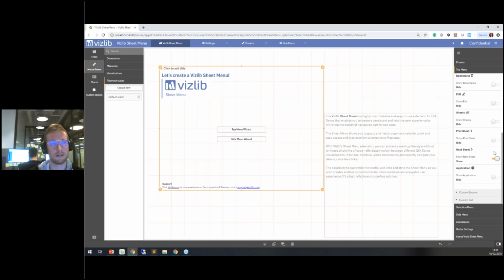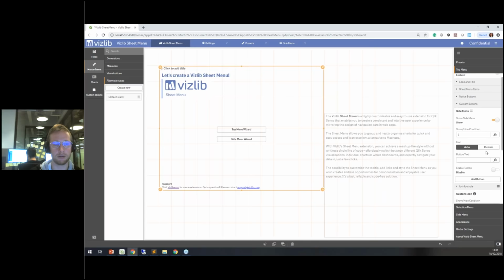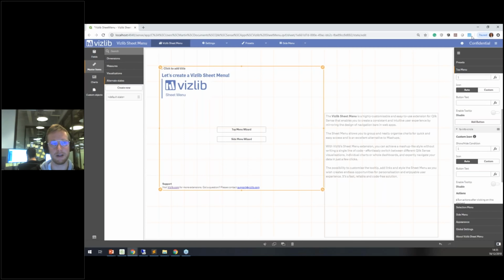And so this way you can add next sheet, previous sheet, you control all those elements that are typically available in your classic ClickSense app. And effectively, that's what we're giving you here, the control to remove them, keep it simple, leave functionality you're interested in, remove functionality you don't want to see. Now, aside from that, obviously, these are the native ClickSense buttons. We also have the ability to add custom buttons, right? So for example, you can add a custom icon here, a search,